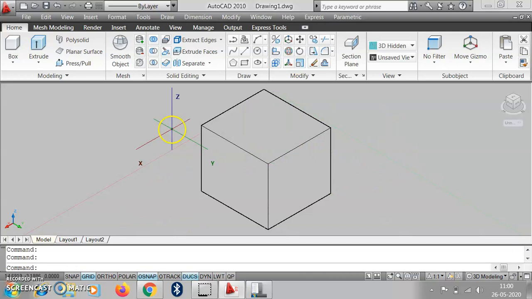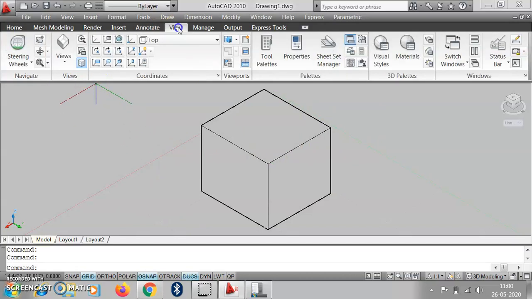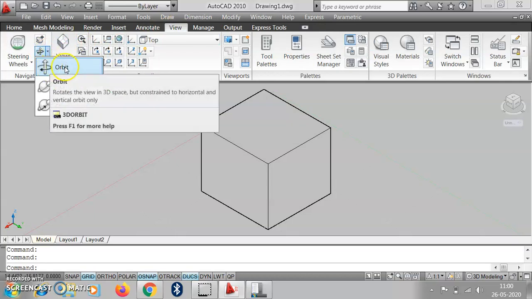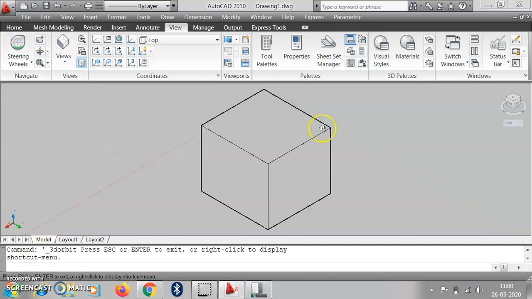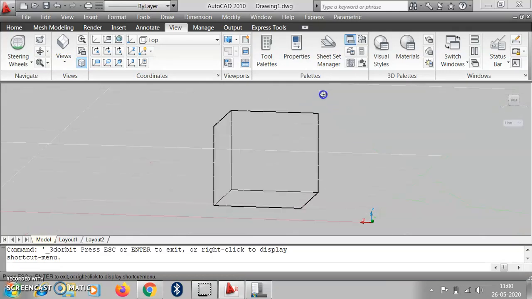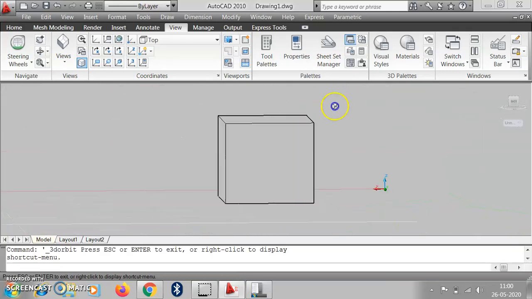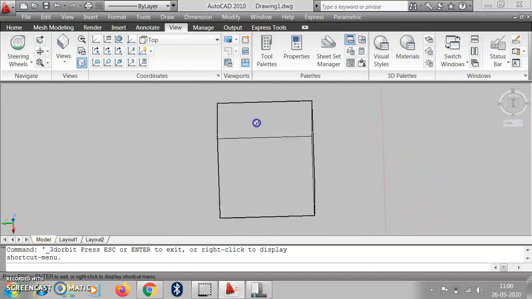And suppose we have to rotate this object or take the view in different positions, we can go with this orbit, free orbit, continuous orbit. In orbit we can rotate our figure in all directions. So this is the orbit of the object.